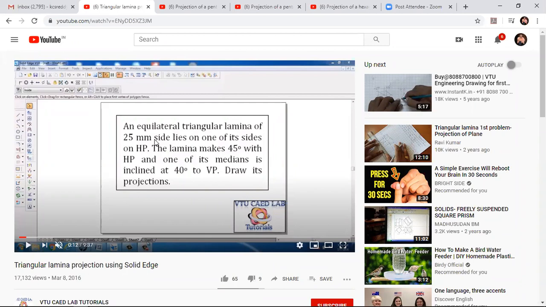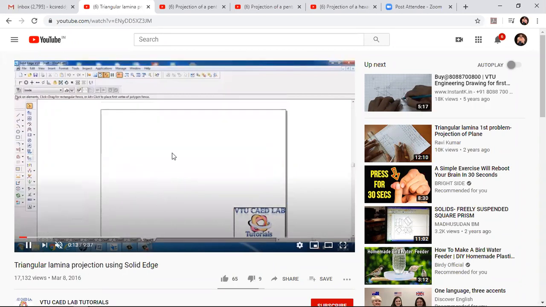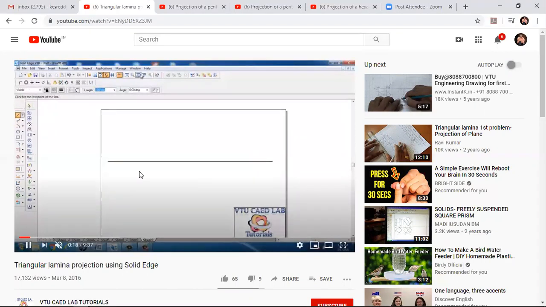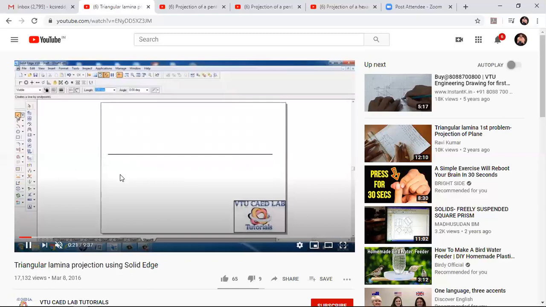We'll move by drawing it parallel to the HP, and then the top view is the true shape, right? It is resting on one of its sides, and one of its sides has to come on the left side. So draw the triangle. You know how to draw the triangle. First draw the XY line using the line command, and then use the line command to draw a triangle with a given length of 25 mm and angle 0. Then 25 mm at an angle of 120, because it is measured in the anti-clockwise direction, and then close it with the last line.